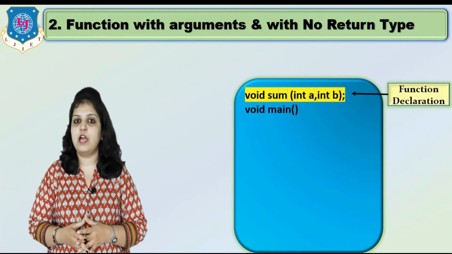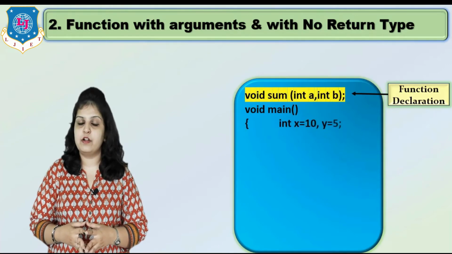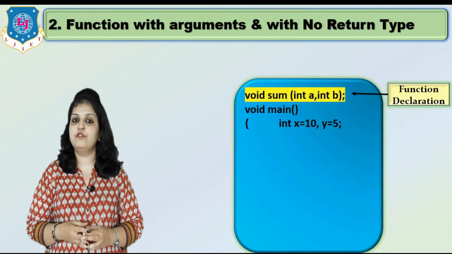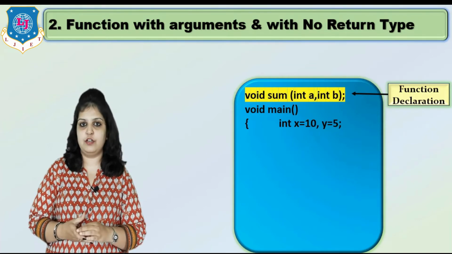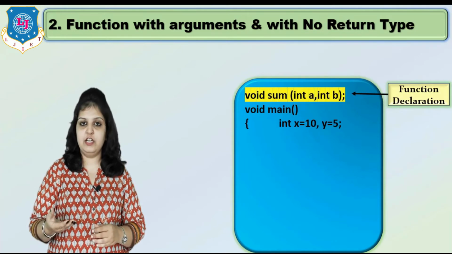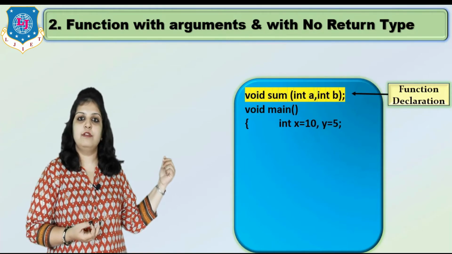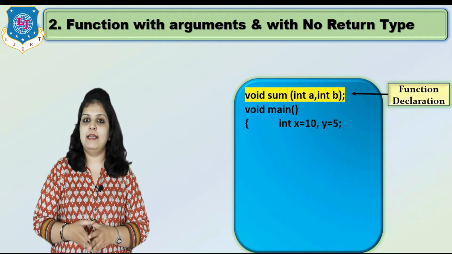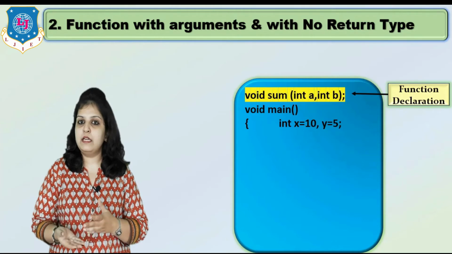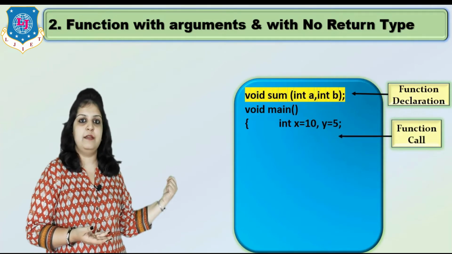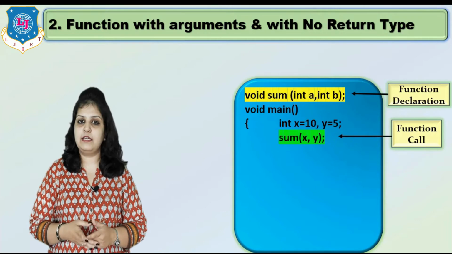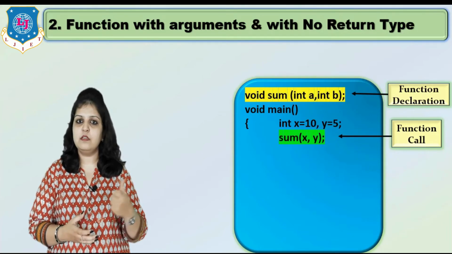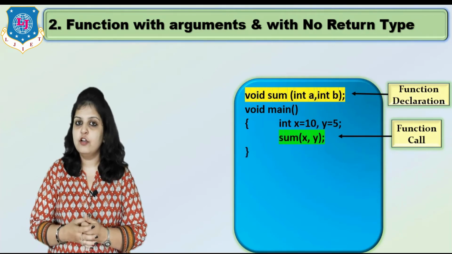So in main function we have to call our user defined function, but here we are passing parameters, that's why our input will pass from our main function. So the code will be changed here, and here we have to write the input in main function. So integer x is equal to 10 and y is equal to 5. Now how we can call the function? So write the function name, that is sum, and in bracket I am passing two parameters x comma y. So this part is called as a function call.